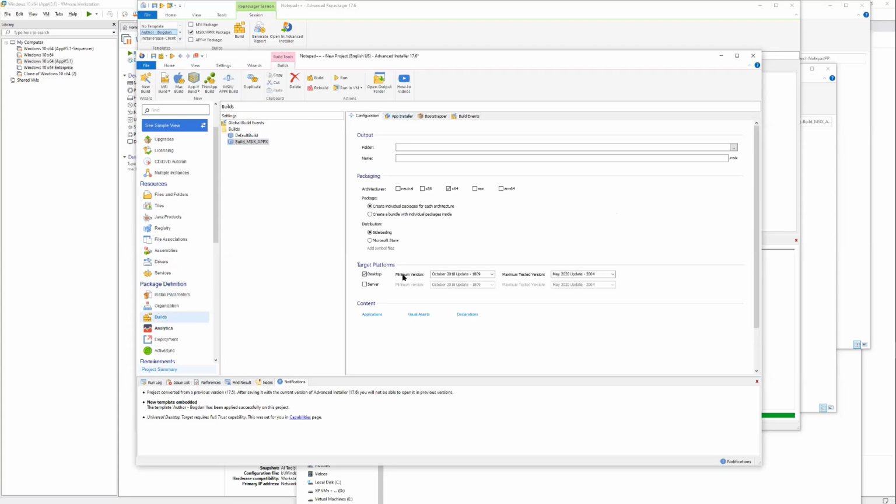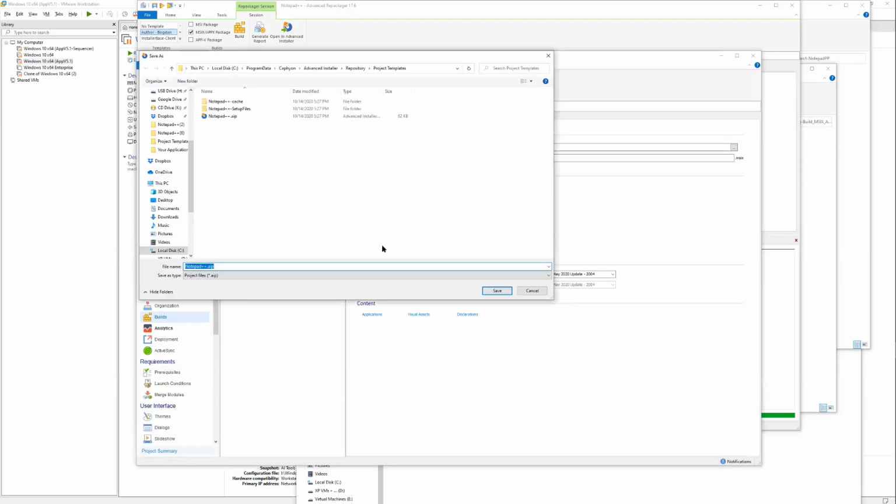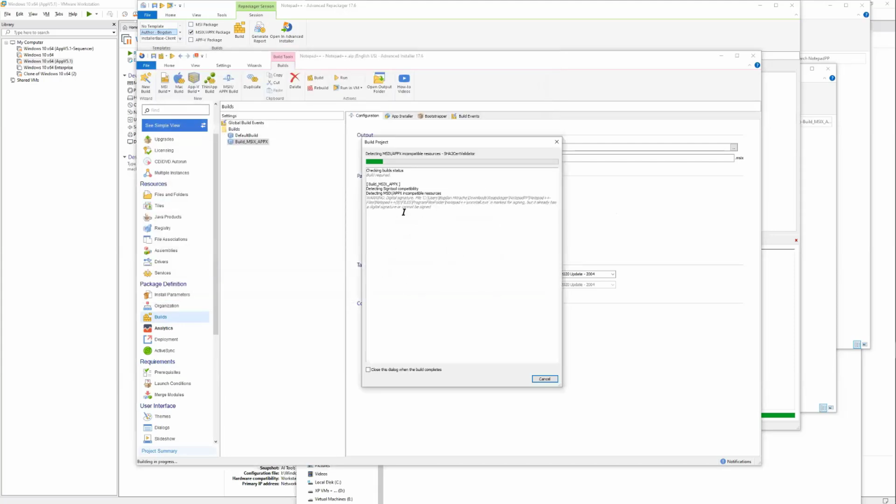So here we have basically the default options. You can customize more for your MSIX. And if I hit build, it should complain, okay, we need to save the project. Let's replace the previous one. We have here some warnings about some resources from the package, but we get the same error about the file